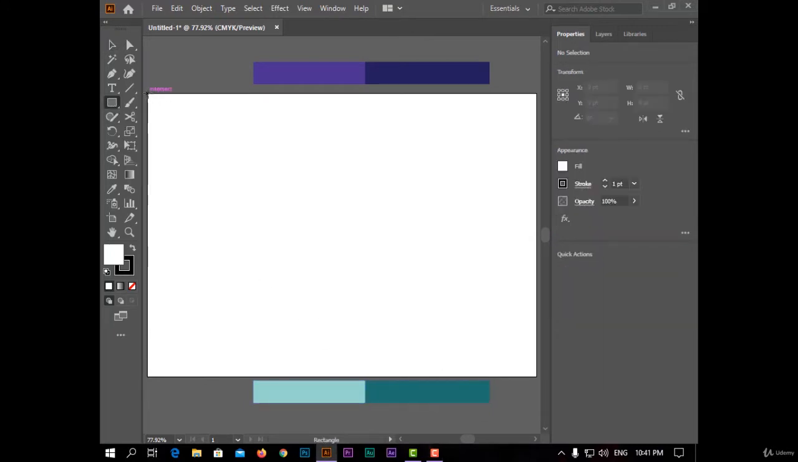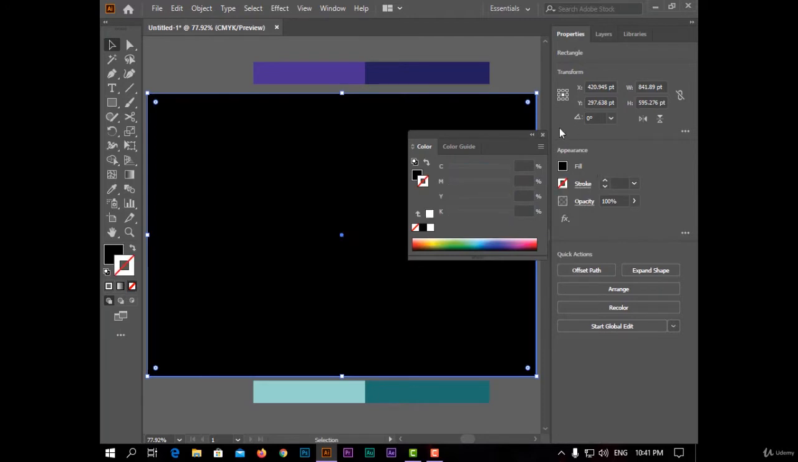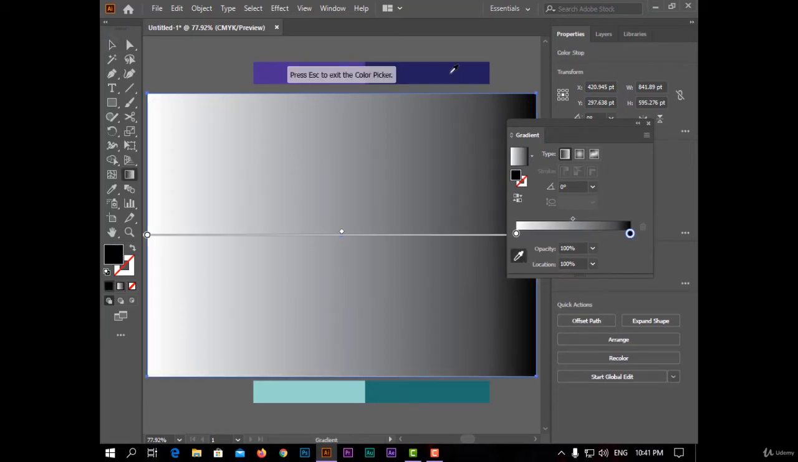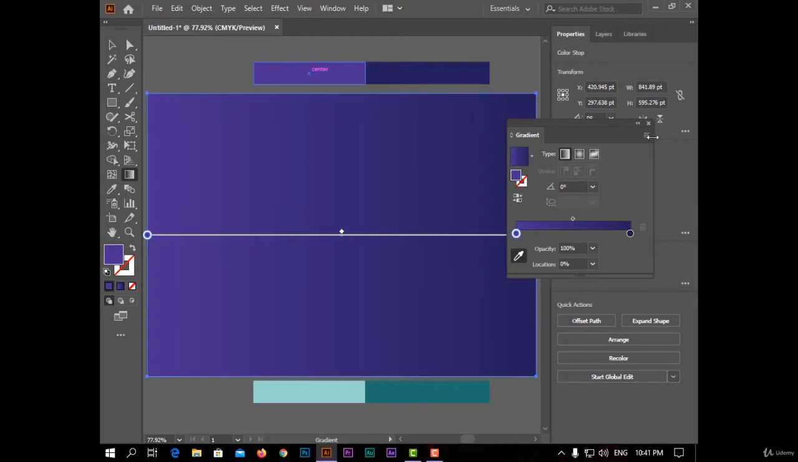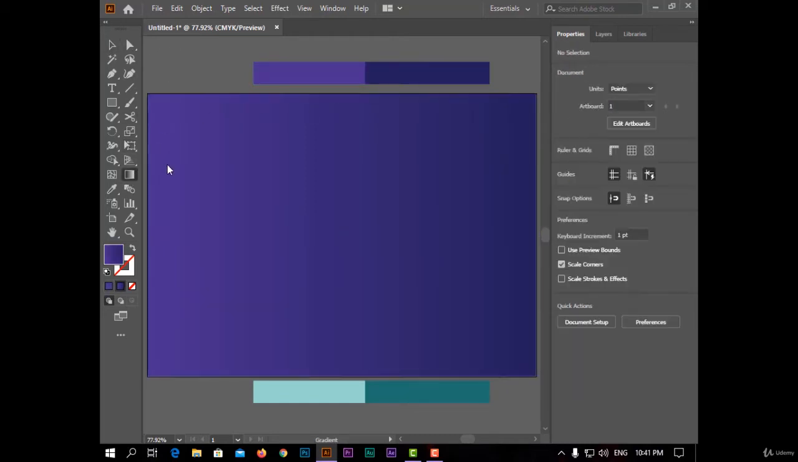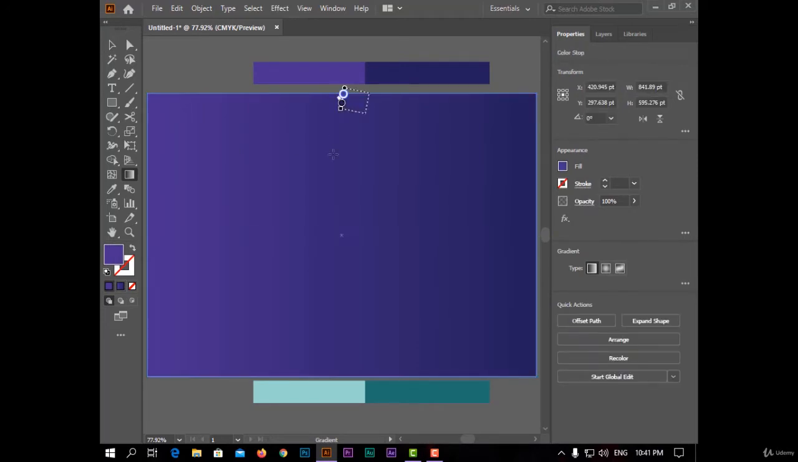First I will make a background like this and choose no stroke, and with fill choose gradient. And now I will select the dark one and the light one. With the gradient tool I will make it from up to down,